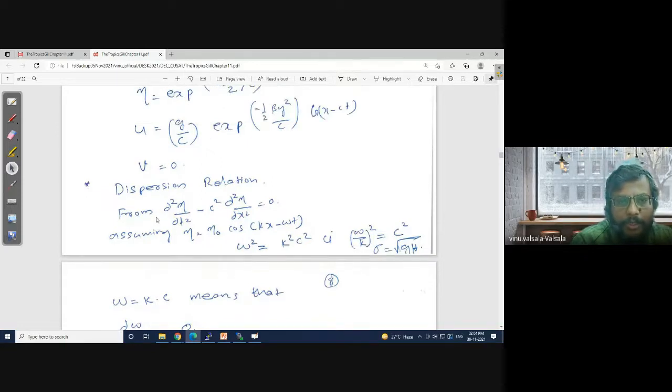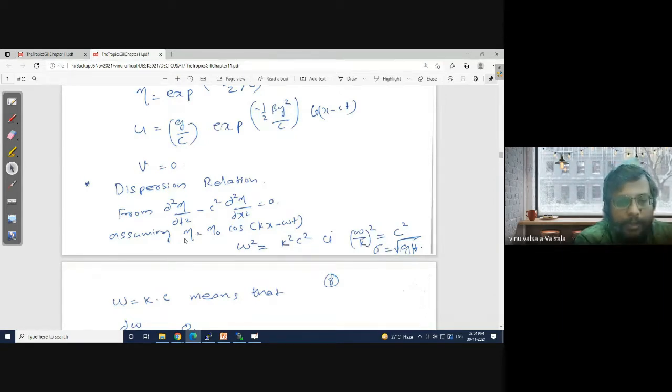So what is the dispersion relation? If you have a fundamental wave equation and assume the most general solution for those waves and supply this back to the equation, the remainder will give you the relation among the wave number and frequency. The relation of wave number and frequency with the speed of the wave is called the dispersion relation. Basically, it tells whether a set of waves that start at a particular time, as they travel along, are going to disperse from each other or stick together. That's what is meant by the dispersion relation.